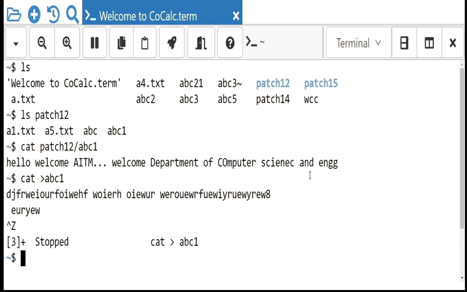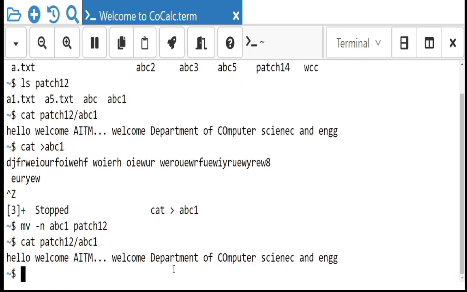Now move -n, then the file name abc1, and where do you want to move it? To patch 1 2, right? Now we will see cat patch 12/abc1. We will check.